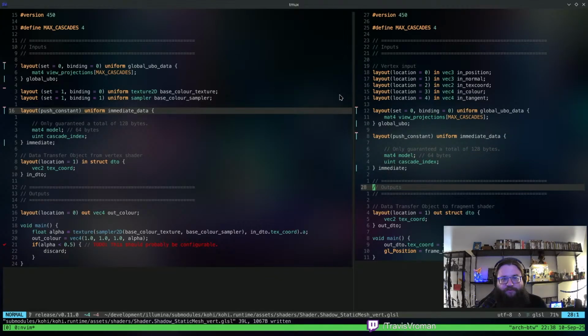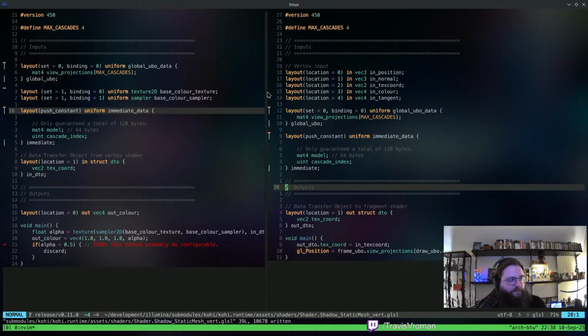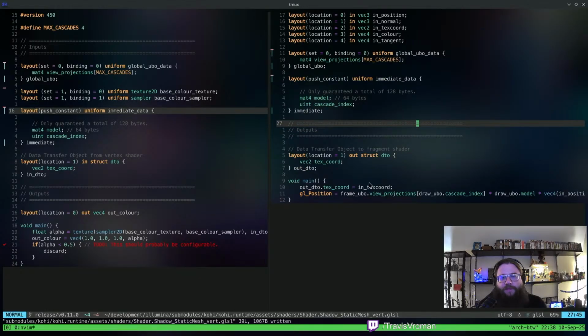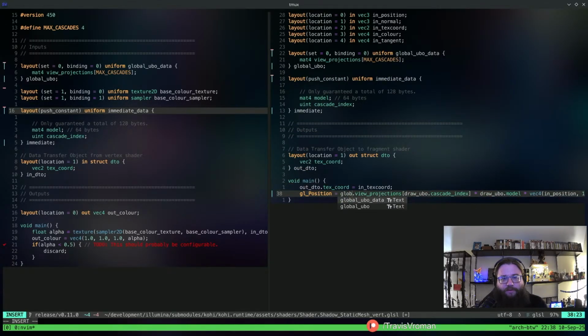And we've just got a couple things. Move that over a little bit. There we go. So frame UBO is just going to be global UBO. And then draw UBO is going to be immediate. Just for consistency, right? We don't have to rename these things. I just think it makes a little bit more sense in terms of keeping the C side consistent with the shader side.